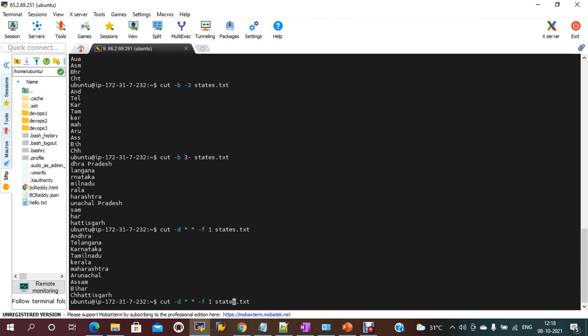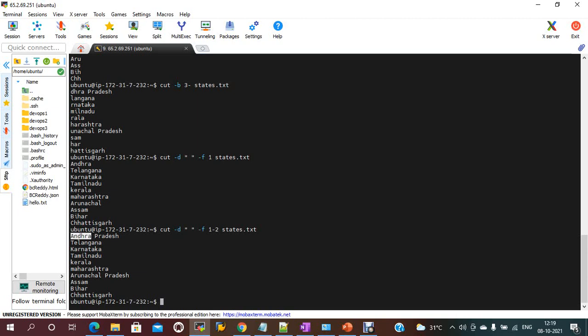So if you provide range 1 to 2, you should get the complete Andhra Pradesh. Complement means, as we said, whatever you specify, the remaining should be displayed.